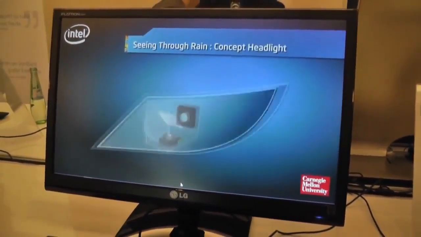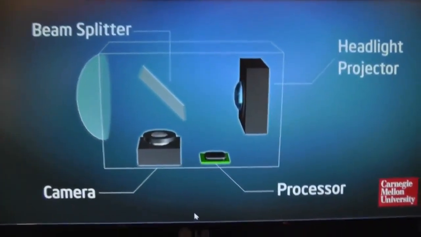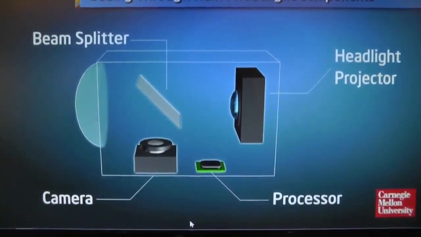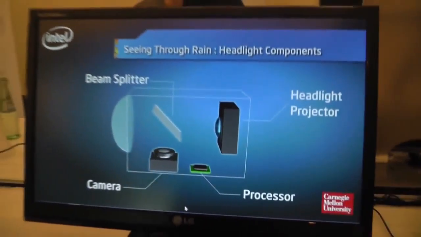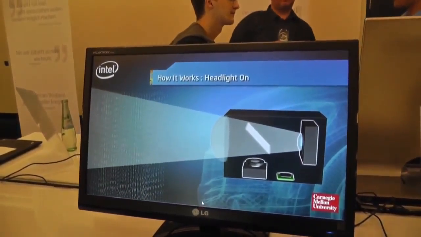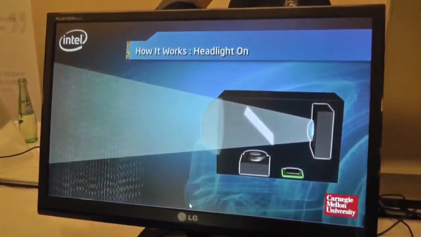And in this demonstration, what we're trying to develop is a headlight that has the ability of turning off light in specific locations where the raindrops are falling through the headlight beam. So today, when you turn on your headlight, you have 100% illumination, and you're seeing 100% of the rainfall coming